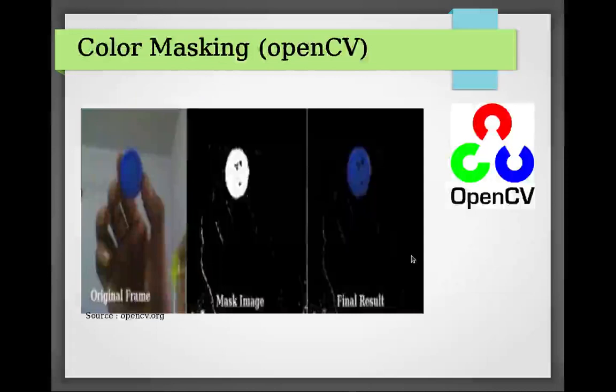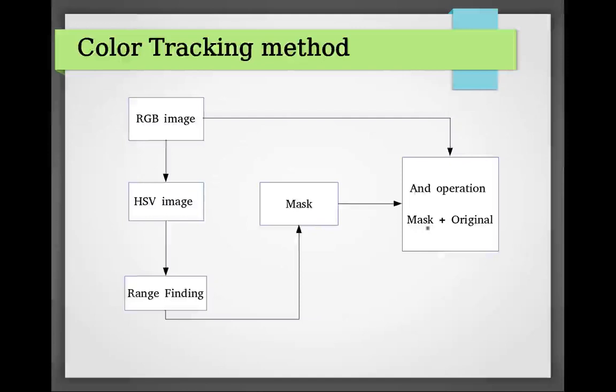And this color masking is, as I told you earlier, the HSV. After the HSV conversion, we will be doing this color masking technique for extracting the color. And this is the color tracking method for any marker. The first RGB image will be converted to HSV, and we will need to find a certain range of HSV for a particular color. Like if you want to detect a green color, then we need to find its HSV range, like how much it will vary, plus or minus kind of error.